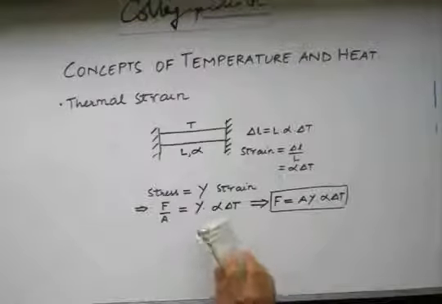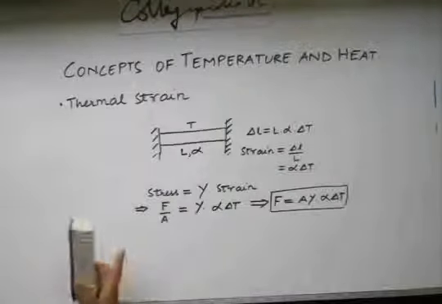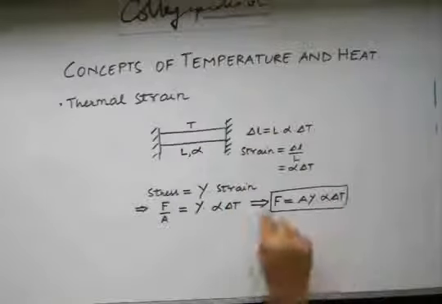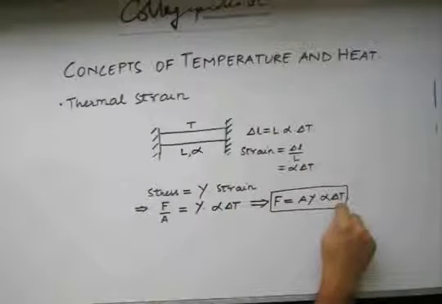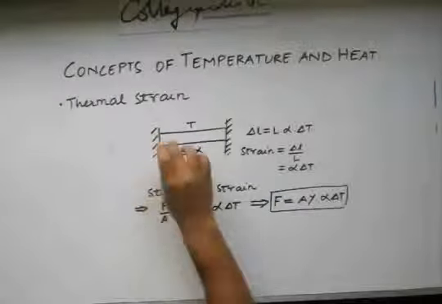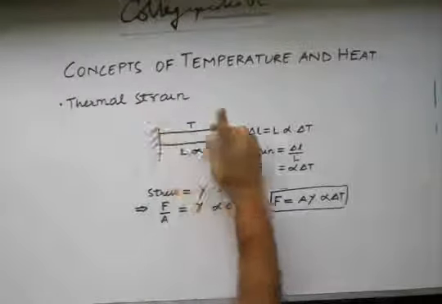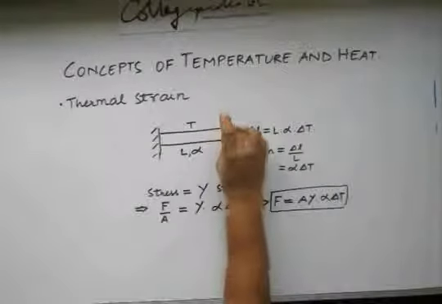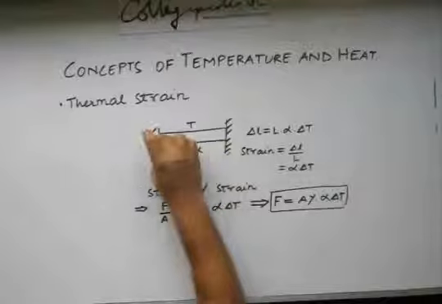Provided this situation is at an elevated temperature, please note that the force we calculated exists only if there is some delta T. Otherwise, what we had initially was just an idealization of a situation where the rod is just held by two walls without any force of contact between these two ends.